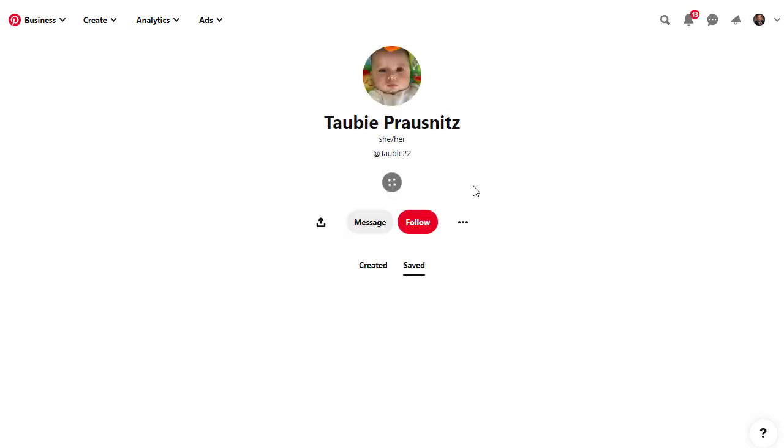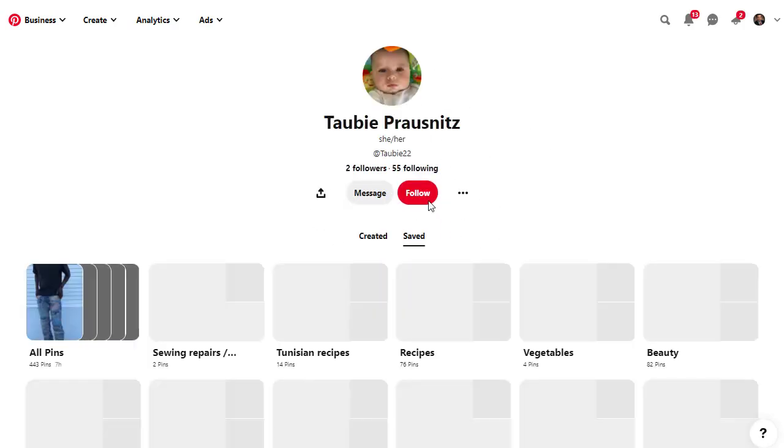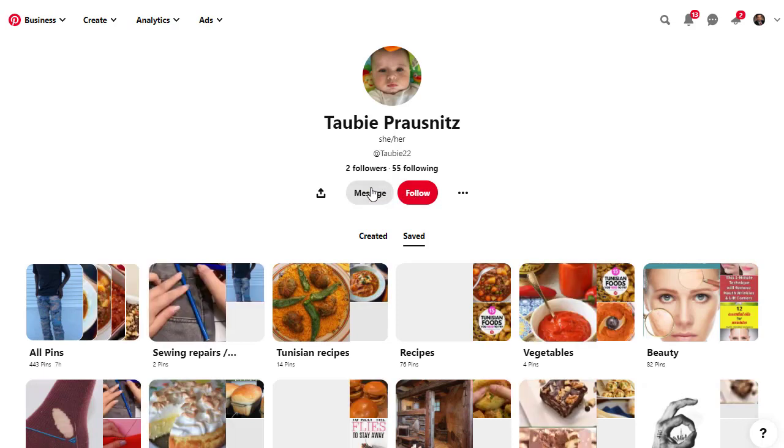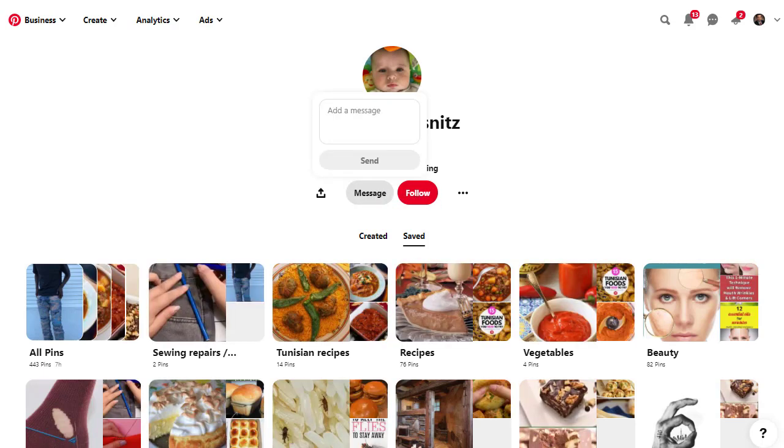So this will pop up right here. Once we click on that and open it, let's wait for it to open. As you can see, we have the option to message right here without following. So we can click on the message, and we can write something like that. For example, we can type right here, and then we can write, for example,